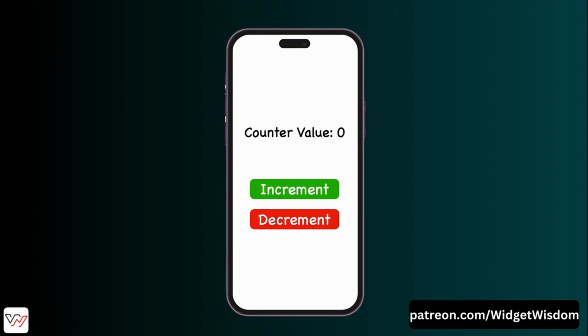So to make block easy to understand, let's take a real-world example of a simple counter app. This app will allow a user to increment or decrement a counter. We will break it down into events, state, and how the block manages these. So events represent actions that happen in the app. These actions trigger the block to do something. In our counter app, the two main events are increment counter and decrement counter. So we will use increment counter when the user taps on a button to increase the counter, and we will use the decrement counter event to decrease the counter value when a user presses the negative button.